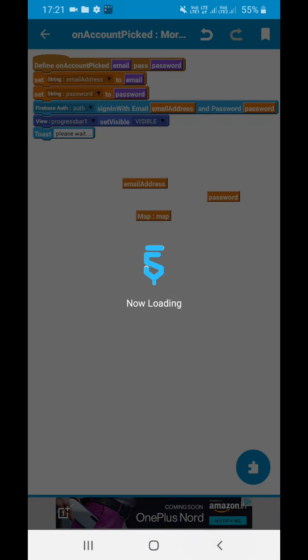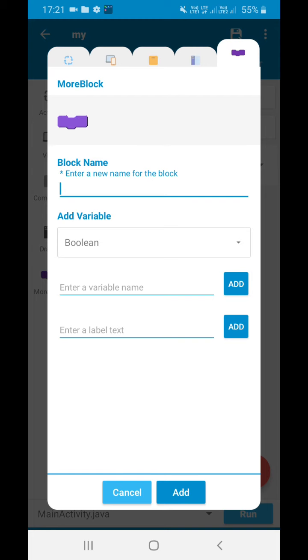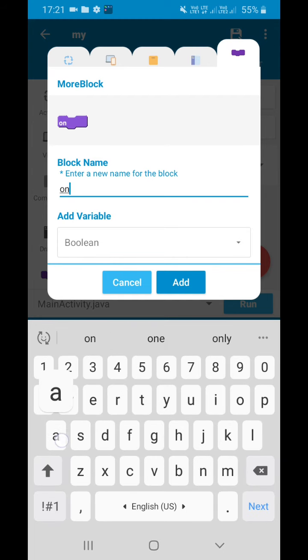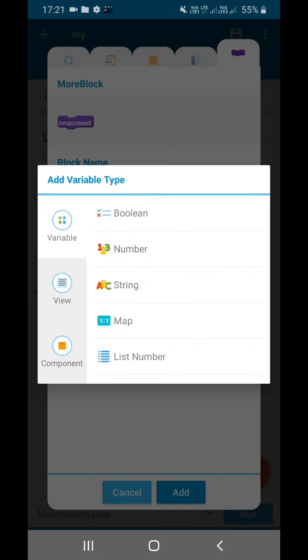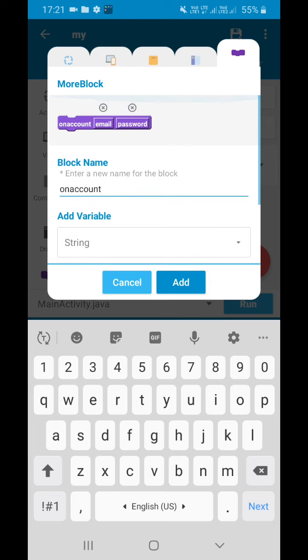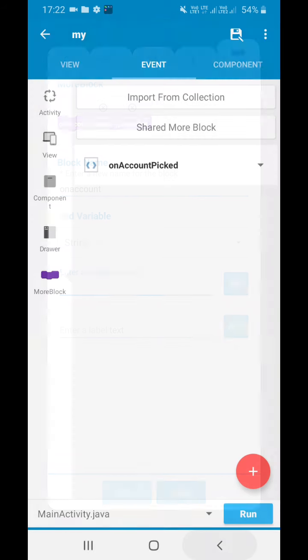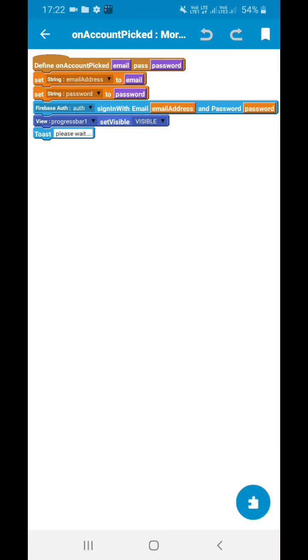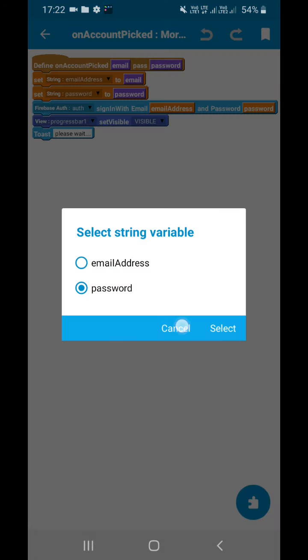Now I am showing you the thing. In on account picked, we have to add a string named email, and another named password. Then we have set the email address string as email and password string as password.